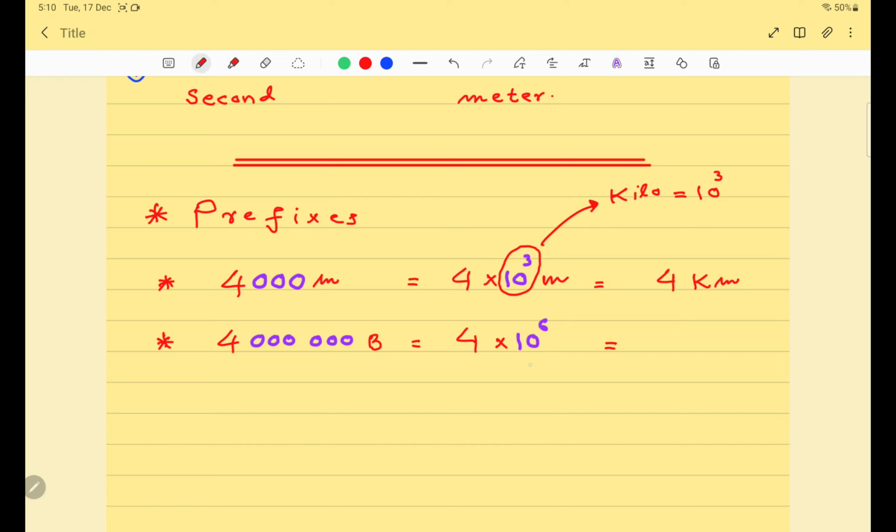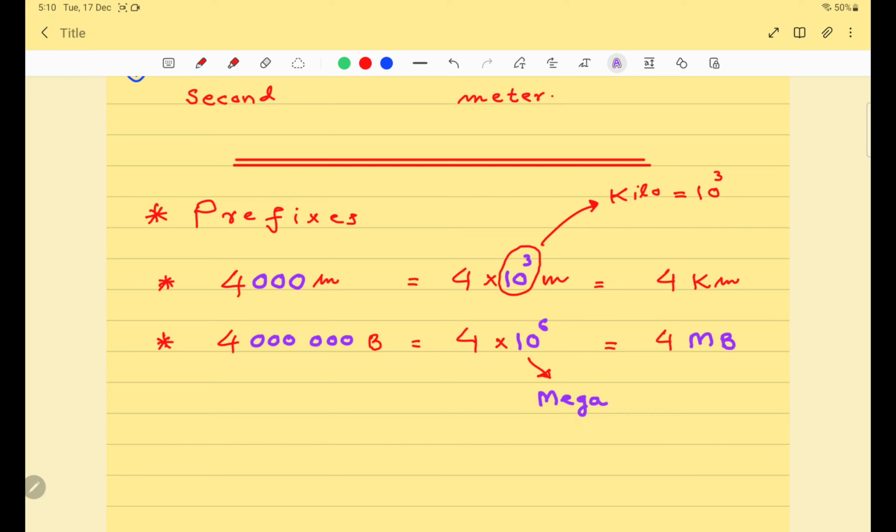And this exponent 6 in physics is known as mega. Mega is a prefix and it can be written as 4 MB. It is the size of file. And this MB stands for 4